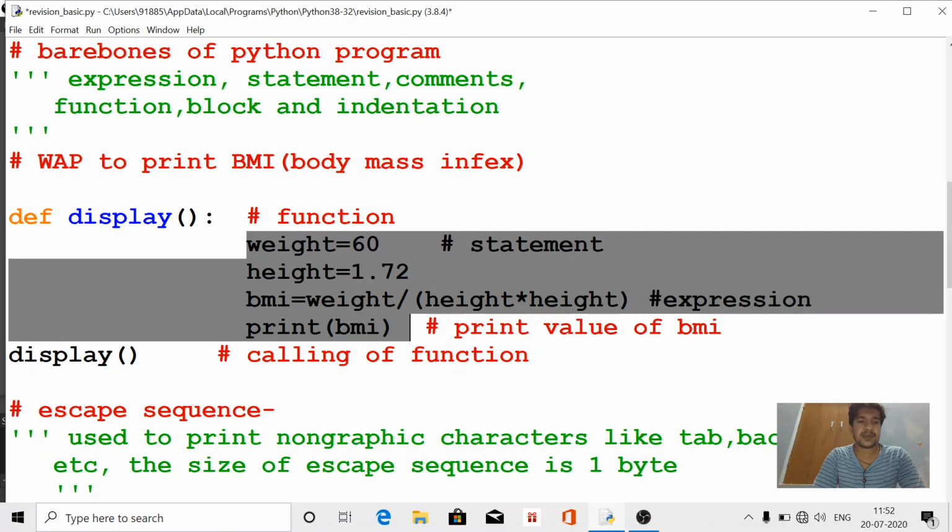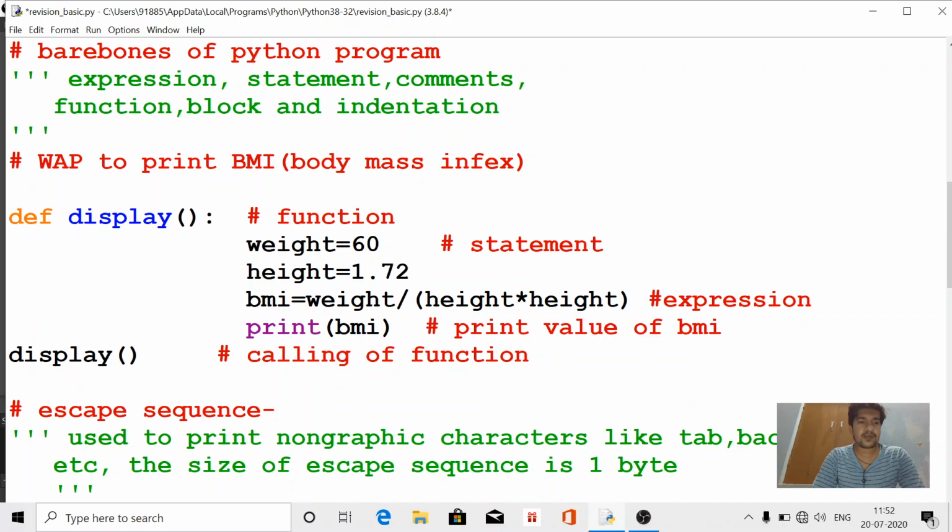And the space you can see from the starting, there are 4 spaces. If you count, you can count 1, 2, 3, 4. We are going to press backspace 1. That means the indentation is 4 spaces at the starting of the line.